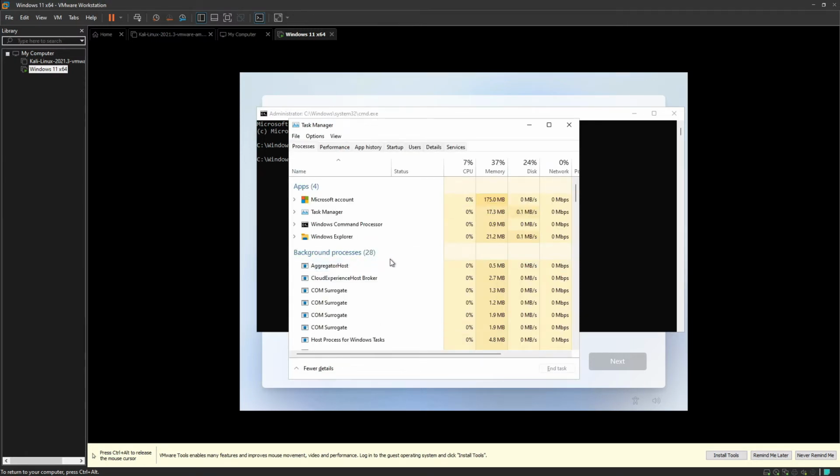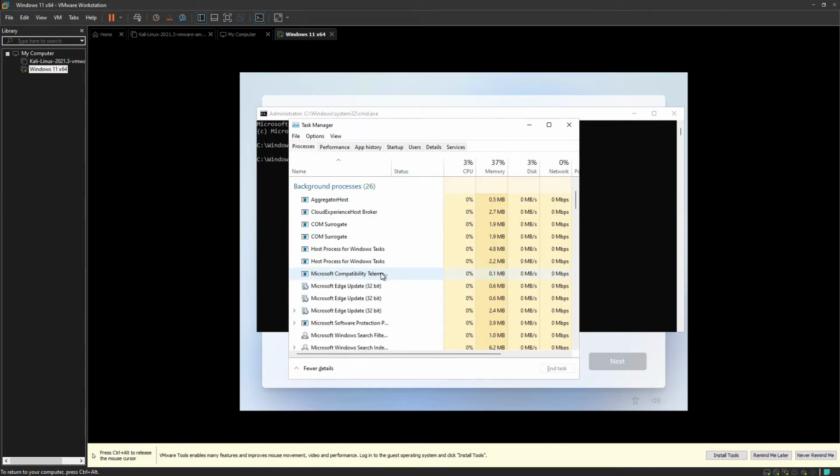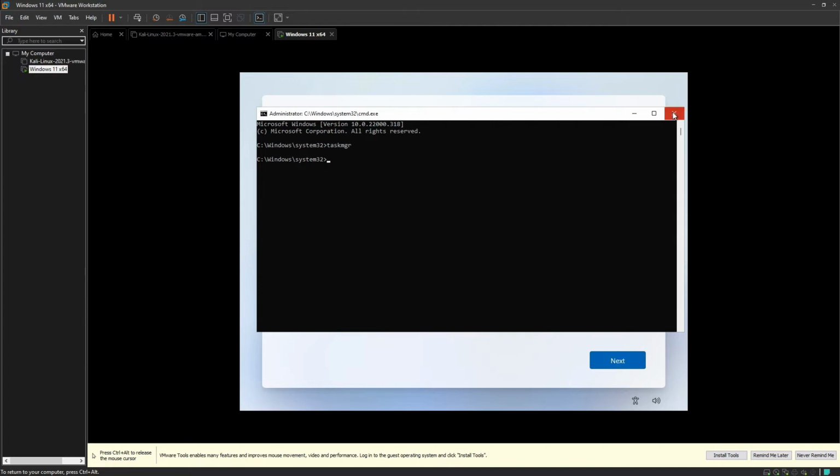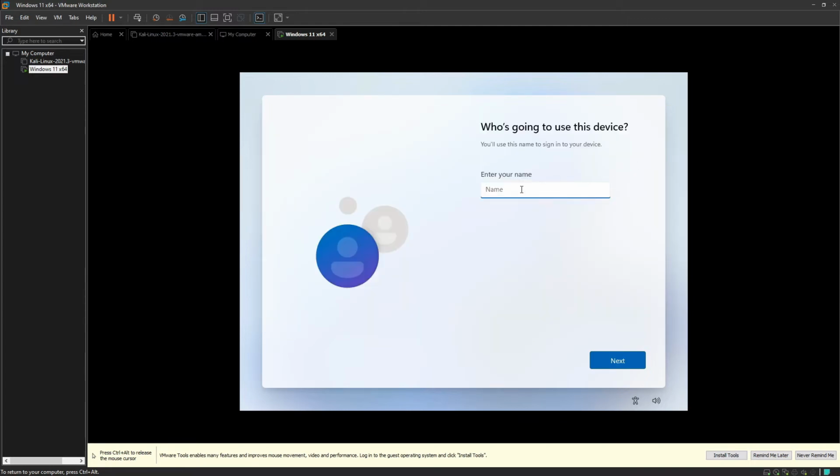Now go to the process which says Network Connection Flow, and right click, End Task. Close this up. And here we are, past that annoying network screen.